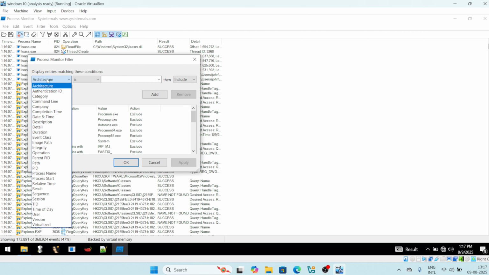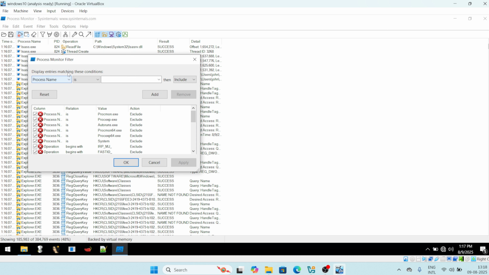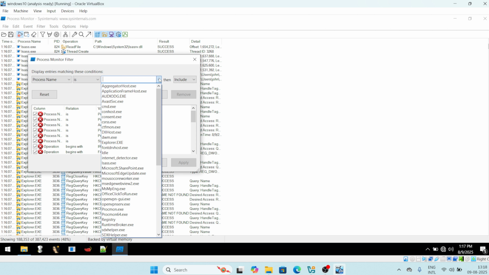From here, if you drop down, you can see that you can filter the processes based on various kinds of things like architecture, command line arguments, date and time, process name, process start. If you know the PID, you can filter based on the PIDs as well. You can filter based on relative time of execution as well, then time of day, then user, etc. So we know the process name, and from here we will select the option process name, and here